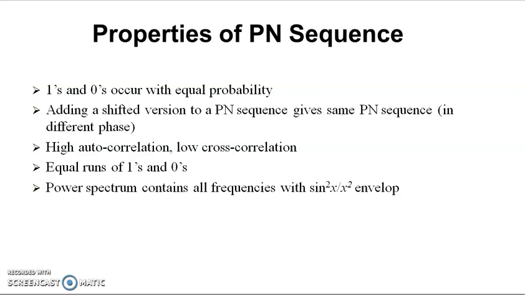It is just like a random sequence, random within its length of ones and zeros, distributed randomly in the sequence. So the total number of 1s and 0s are almost equal in this particular PN sequence, with the probability of occurrence of 1s and 0s equal. So that's why we say it has equal runs of 1s and 0s,